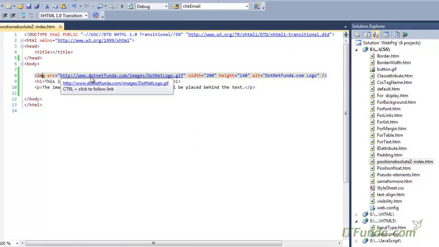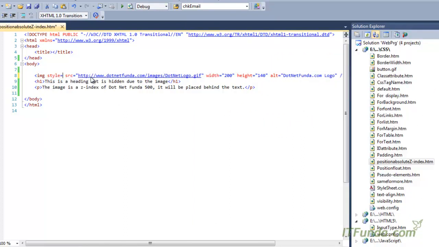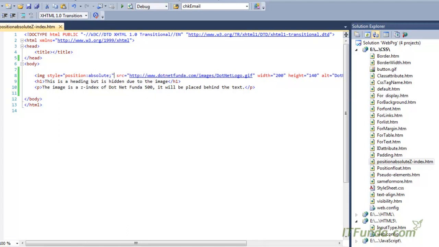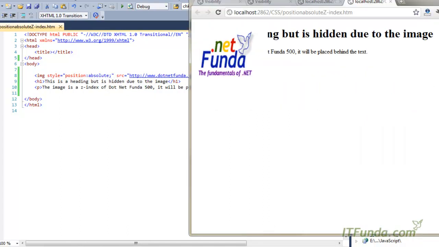Now what I'm going to do is that I'm going to specify a style and position absolute. When I'm writing position absolute, what is happening is that because it is floating on the surface of the web page, all my heading and the paragraph is going inside the logo.